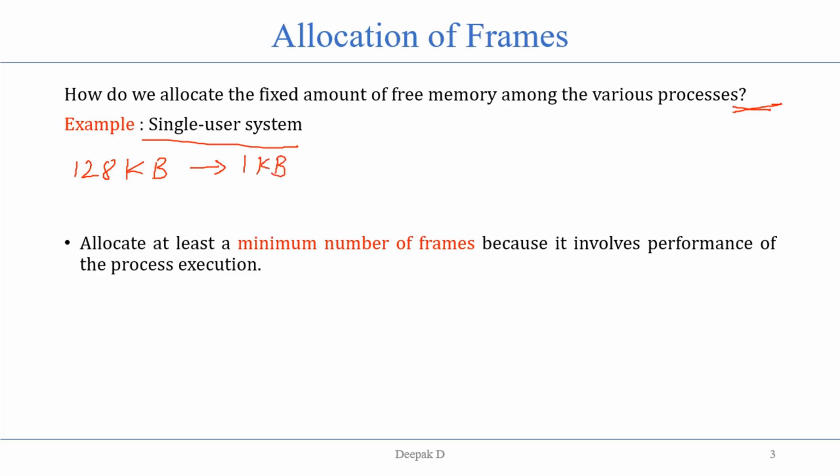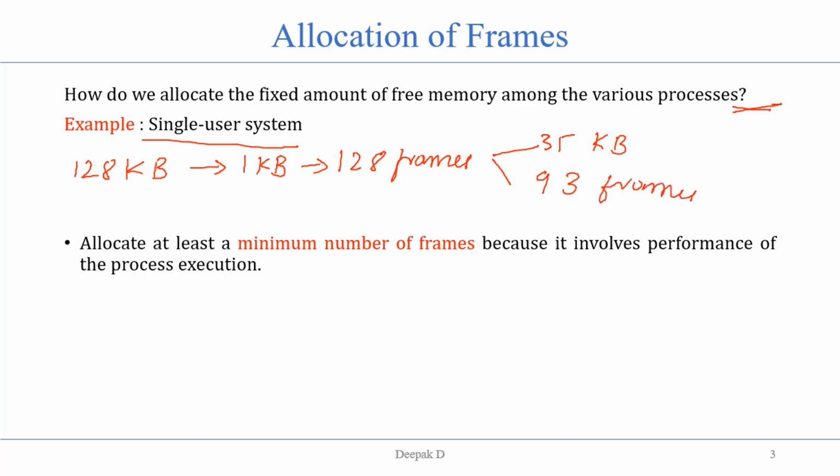So the system has 128 frames. We need some pages for the operating system for its smooth execution and also for other IO operations. For that we allocate 35 KB, that is 35 frames, for the operating system, and the remaining is 93 frames